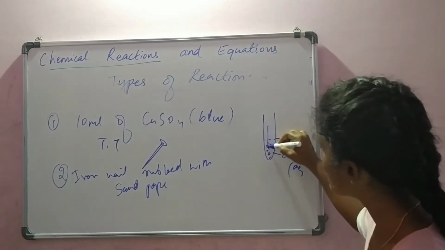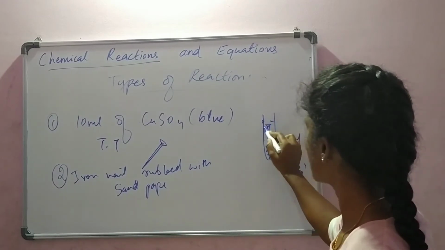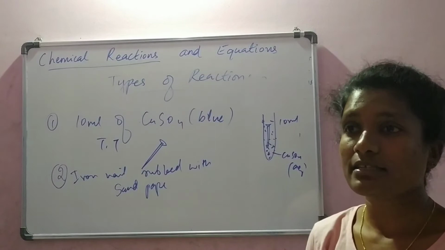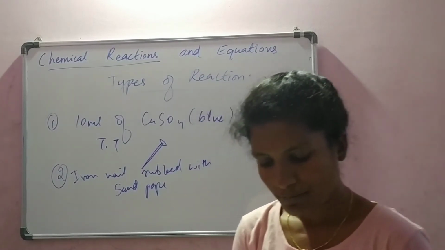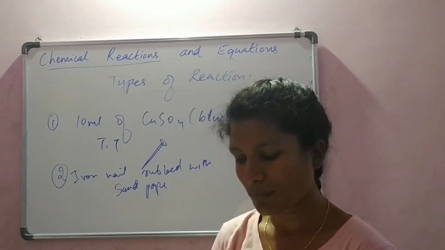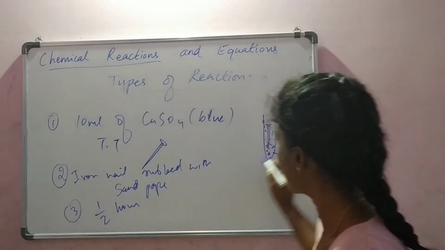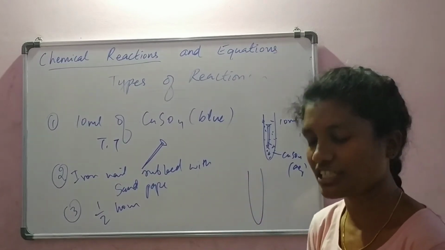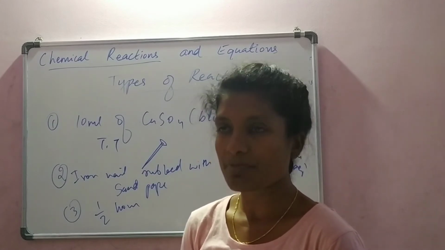Now put that inside this solution. It should be completely submerged. 10 ml is here. It should completely get submerged into that. Put the clean iron nail in the test tube and allow it to remain in the copper sulfate solution for half an hour. So leave that for half an hour. It's the same test tube, but what happens? The reaction. After half an hour, take out the nail from the copper sulfate solution.